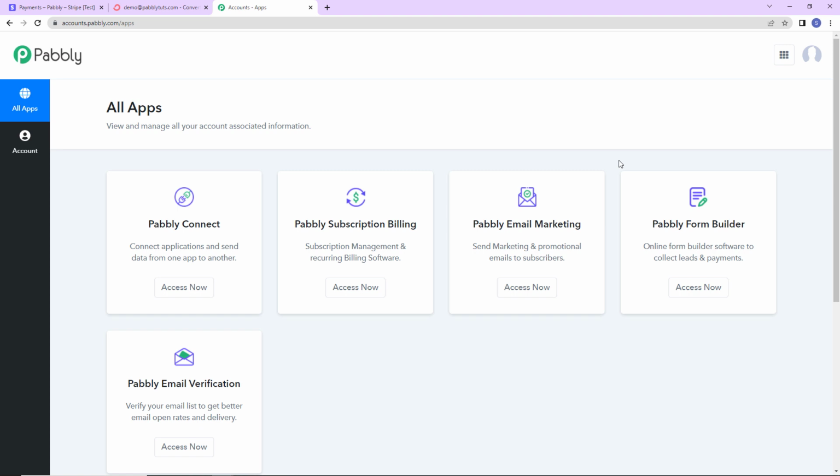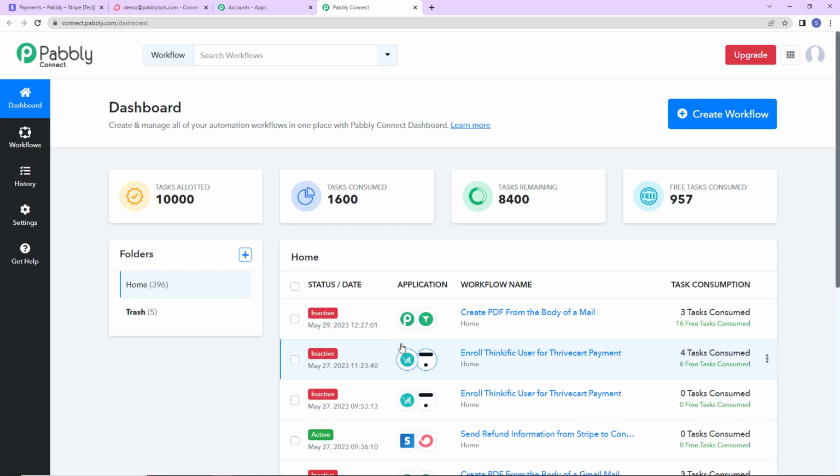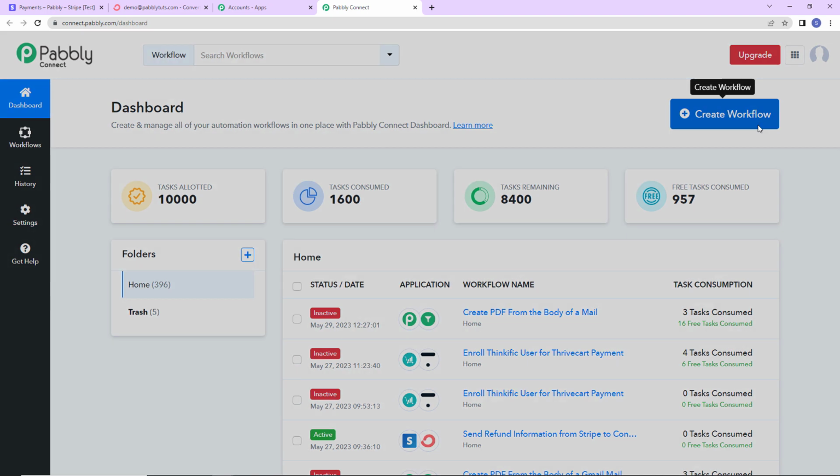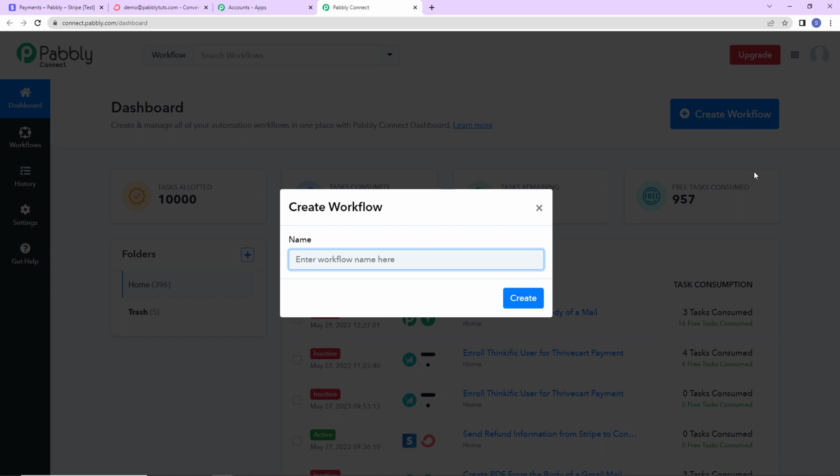Now here we have reached the all applications page, and these are the various products of Pabbly. I'm going to click on access now for Pabbly Connect. As we do that, you can see we have reached the dashboard. Now on the right hand side, we have a tab, create workflow. Please click on this blue tab, and here a dialog box has appeared which is asking us to name this